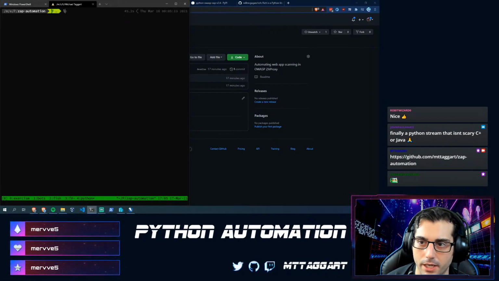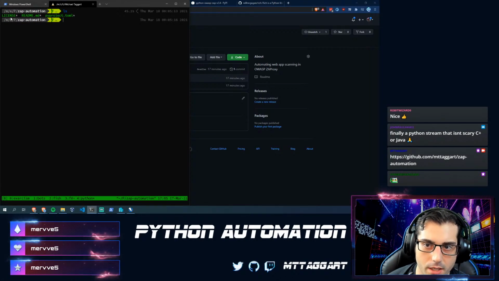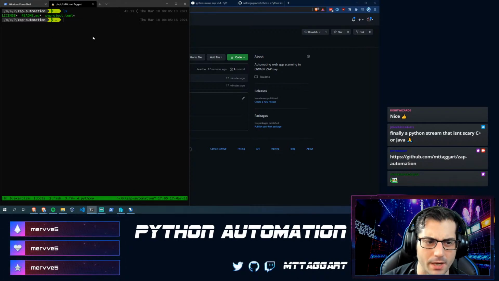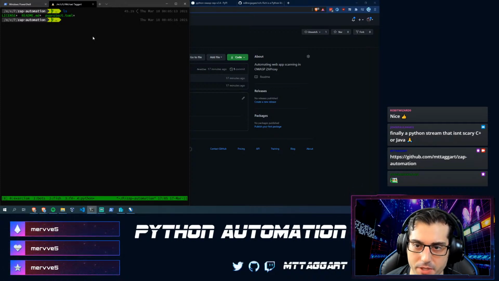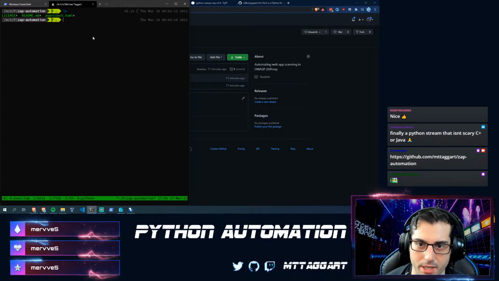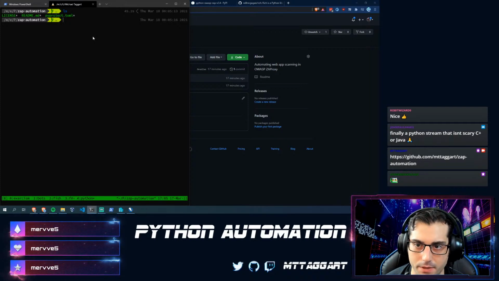So if I ls, you'll see that I now have a pyproject.toml, a license, and a README that came down from GitHub. And the reason why everything's green is because of Windows, basically. I'm using WSL for my own sanity. I don't like developing on Windows, but I want to stay as close to the metal as I can, so I don't want to be in a VM, really. Anyway, so here we are.